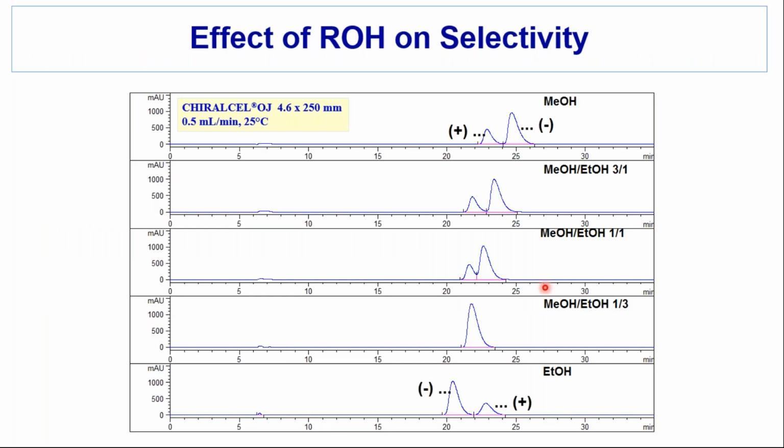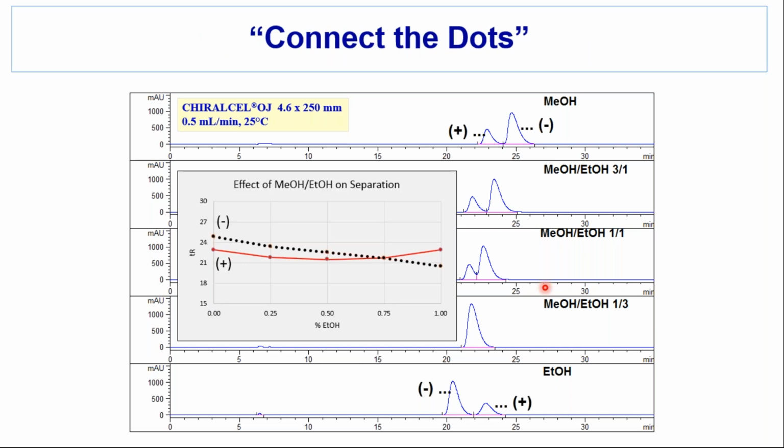So we talked about this earlier, where we saw some change in retention of this endocrine disruptor as we changed the mobile phase solvent. And I said, well, we can make little plots, and this gives us a visual way to see the change. I hadn't really noticed that before I did this, but I didn't really think quantitatively about what this curve might actually look like.